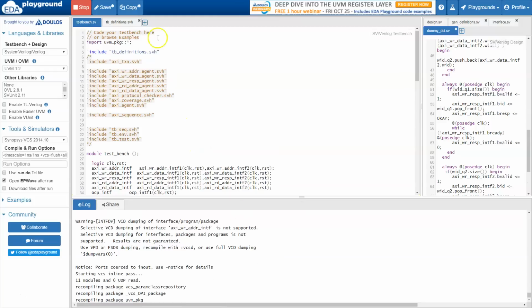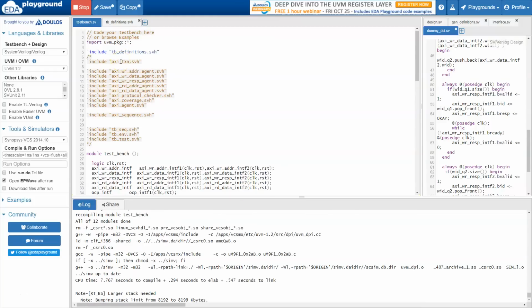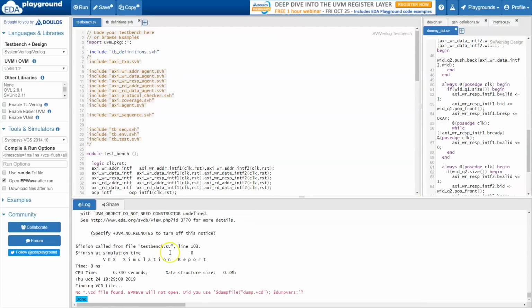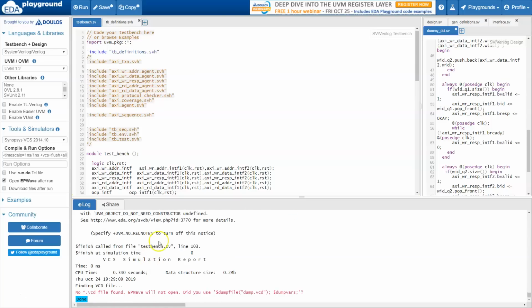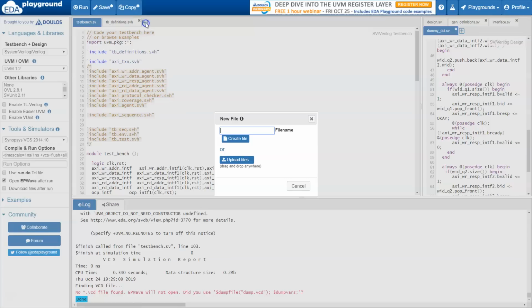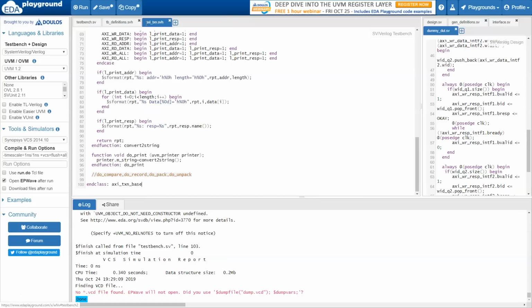and then you can see that the next file that we need to define here will be the transaction file. So you can see there are no compile errors here. The testbench.svh is finishing up here. So the next file I'm going to define is AXI transaction.svh, which I need to include in the compilation scope. It's AXI txn.svh,